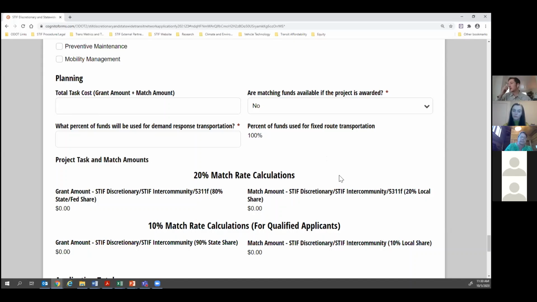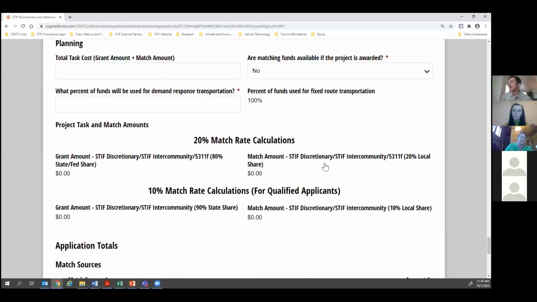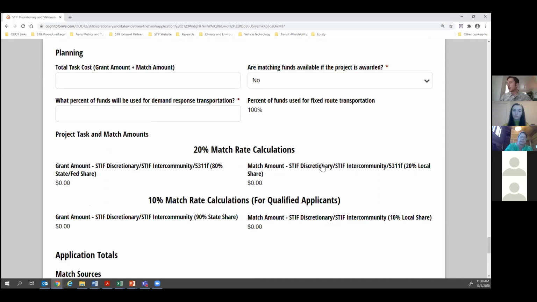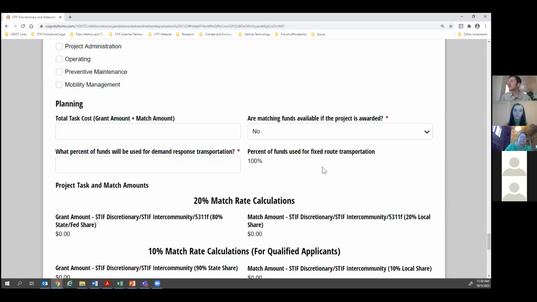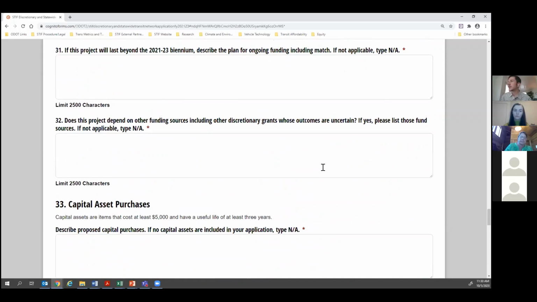We had considered adding an additional box to explain the no, and I think that there was a good reason for not including it, but you can explain in question